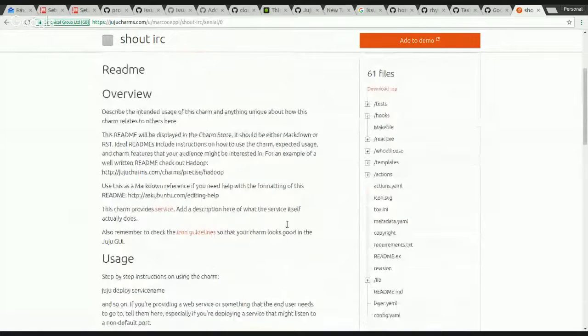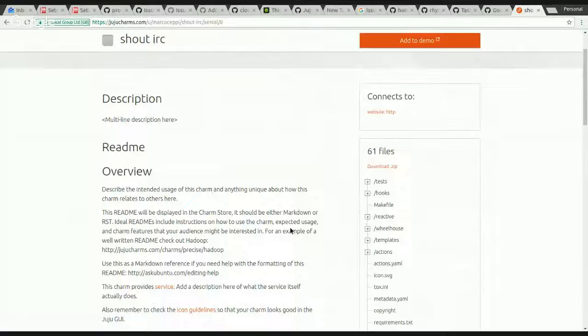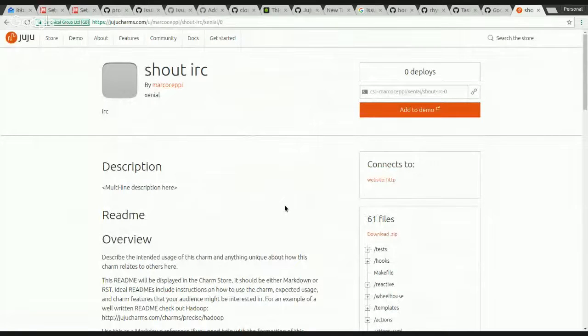The README is the boilerplate README. This is still very much a raw charm, but it's published in the stable channel. People can start deploying it now. That's all it takes to get into the charm store: essentially those 2 to 3 commands. You push it up, and pushing it puts it in the